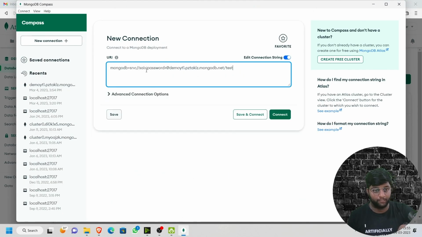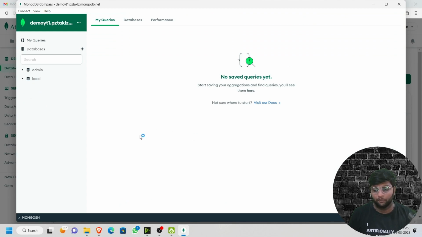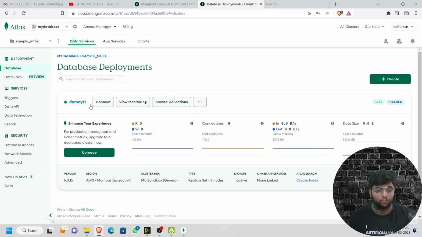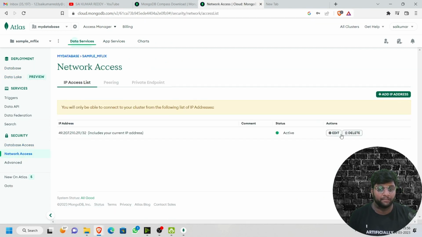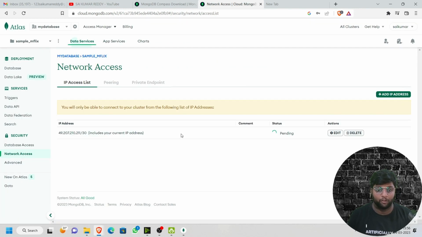Just go here and paste it here and change the password to whatever password you have kept, and just click on connect. See, you can see now it is getting connected. Do you all know why? Some of them will get the error like not able to connect, which you previously got. I was searching about that, then I got to know that that error was coming because of this network access point. So in this network access point, if I just edit something and change this and confirm,